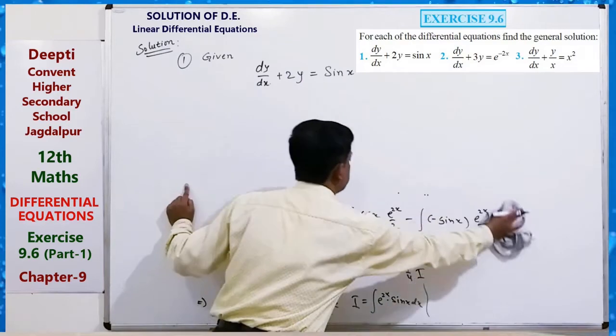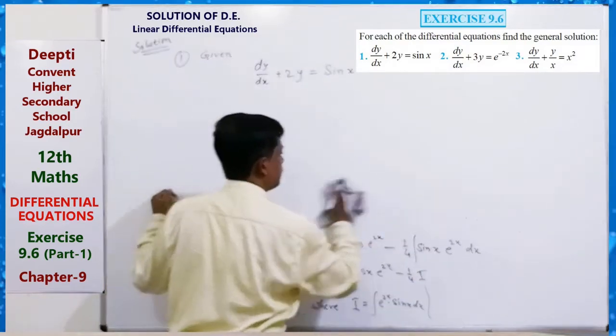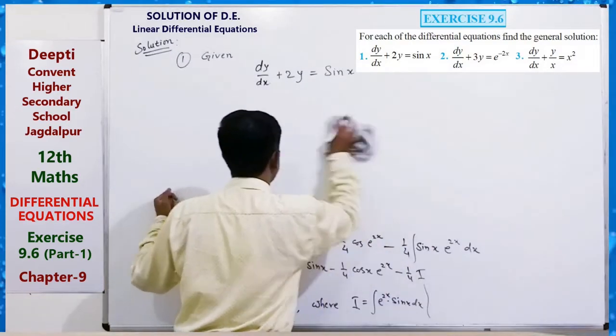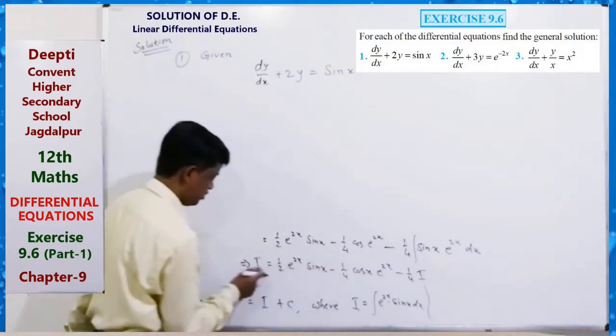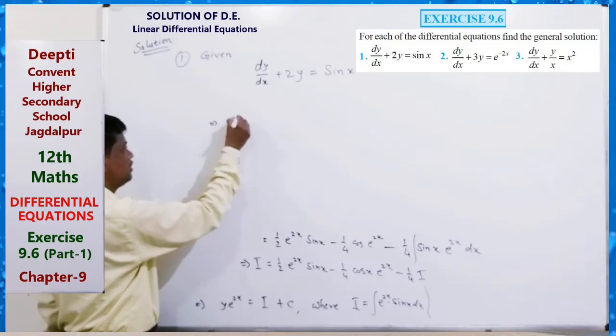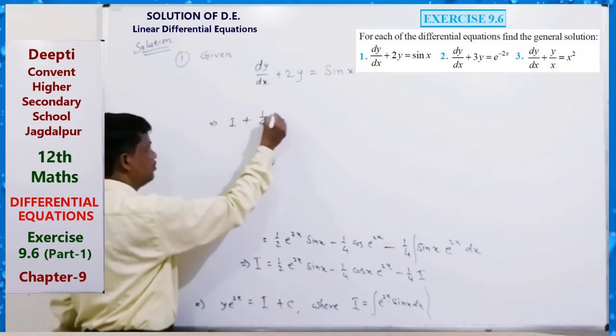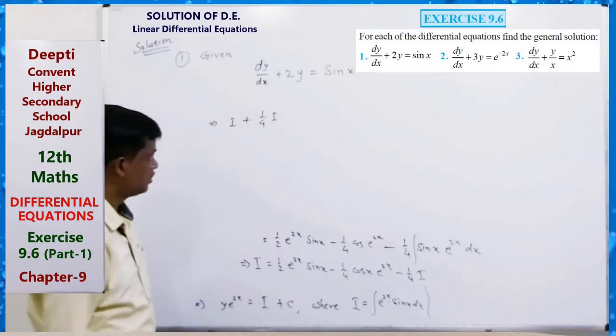Clear? After this line we can write I plus 1 by 4 I, 1 by 4 I